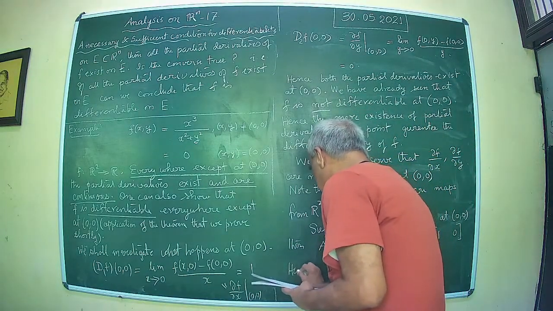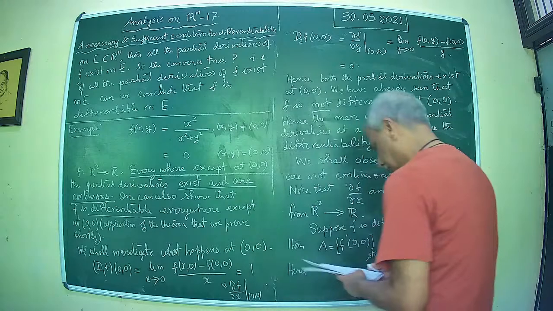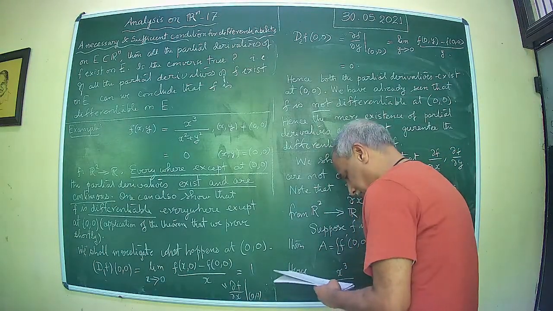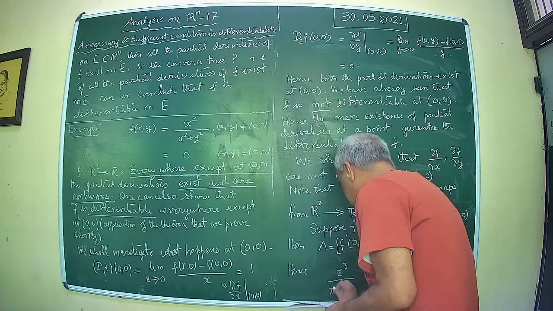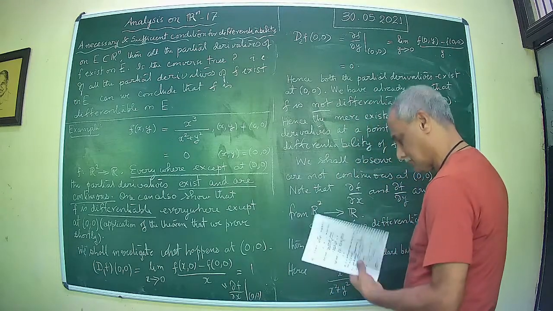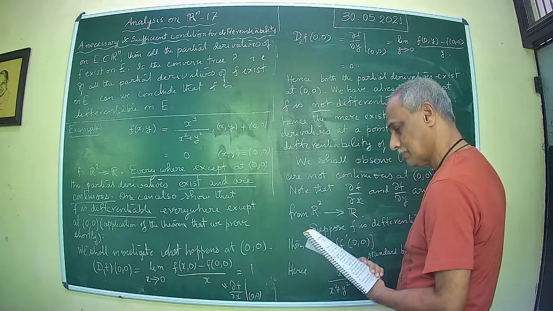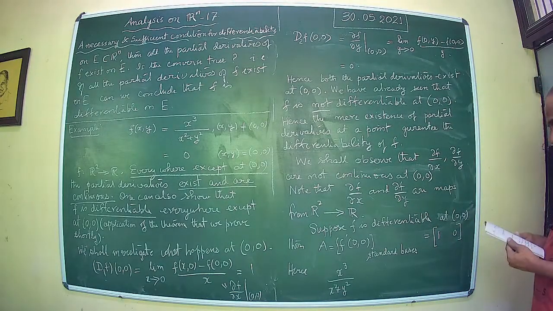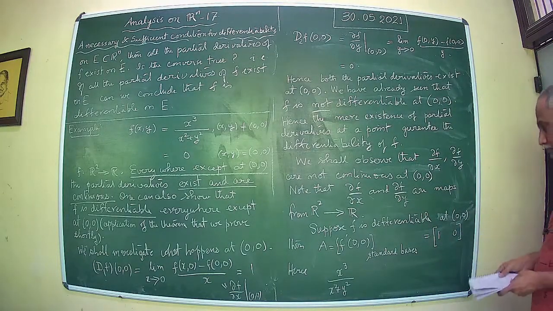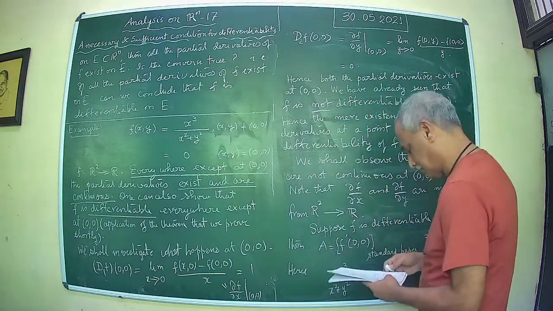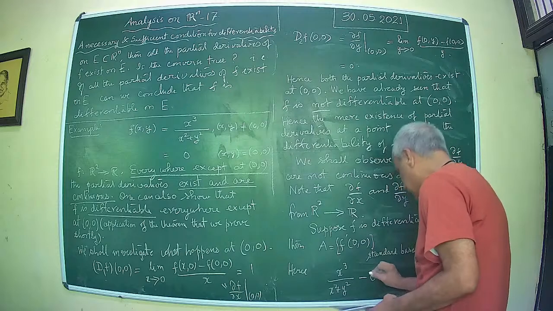Hence, let us look at this: x cube divided by x square plus y square, minus the value of the function at 0, 0,